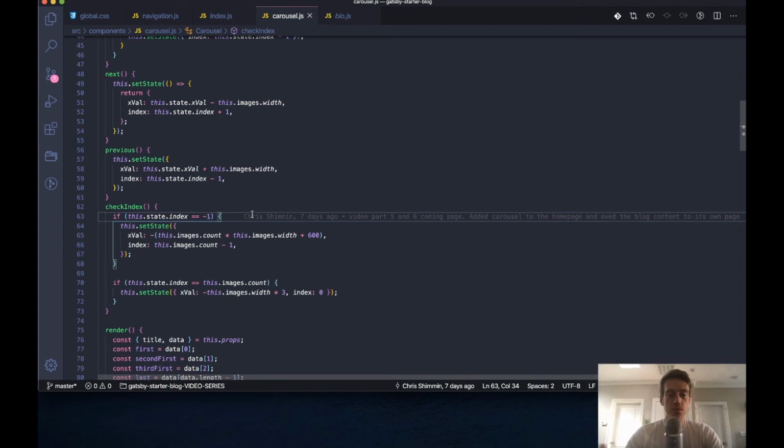If it's been moved too much, if it's been moved one way too much, then it will reset. So it says this set state, if it's -1, image count,